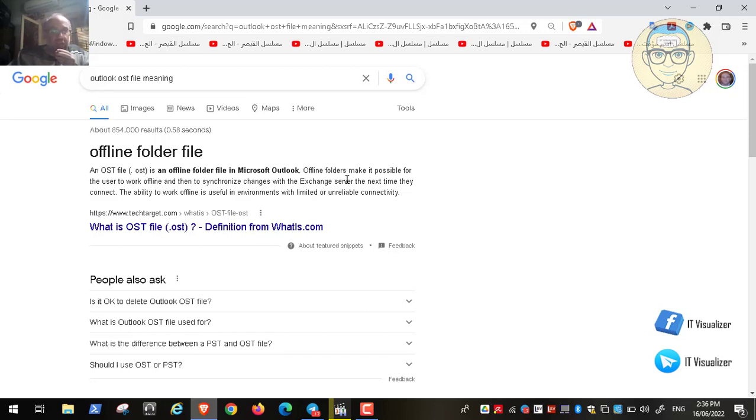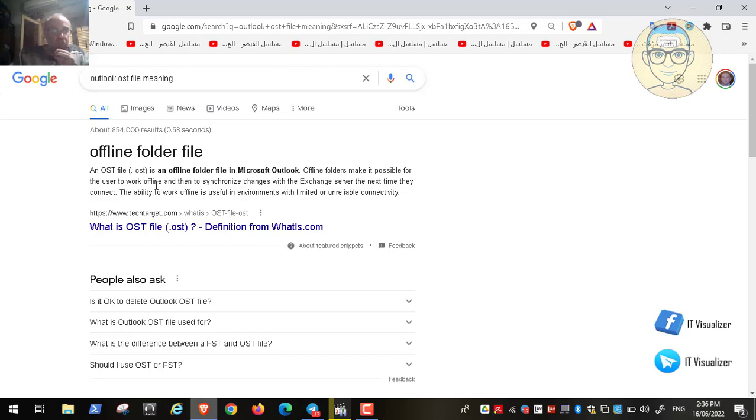So when you create or set up an email account on Outlook, Outlook takes all of your emails and saves them, okay, as a local copy, as a copy on the hard disk of your machine. So you can access the emails through the web, and you can access a copy of them through Outlook. Anyway, so here the OST files, the emails that are saved locally to your machine, their location is in